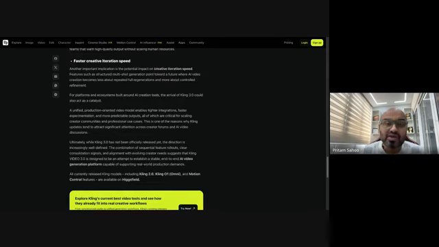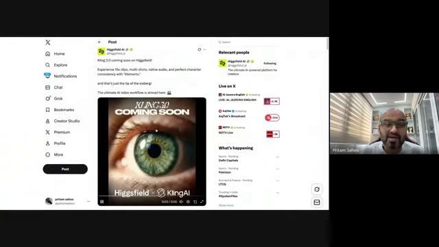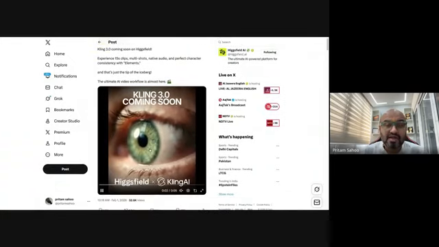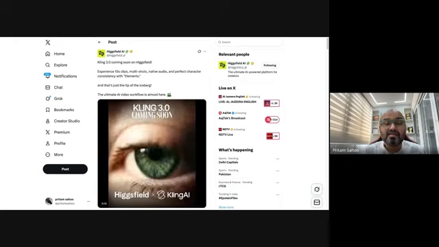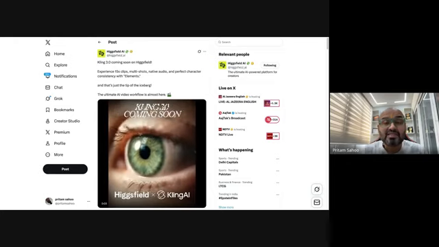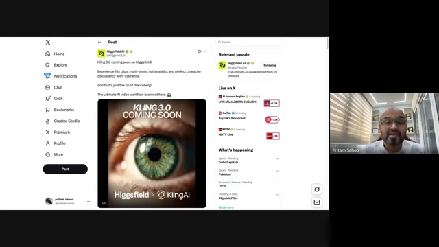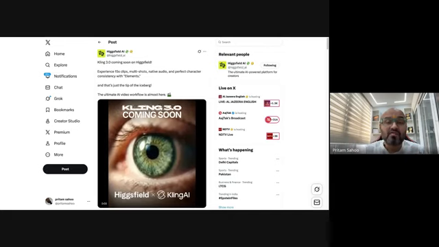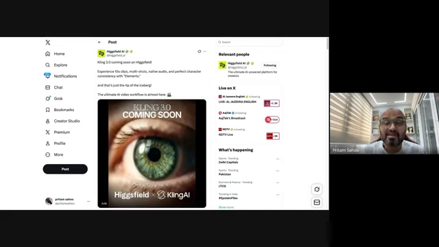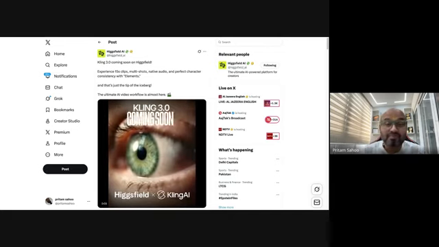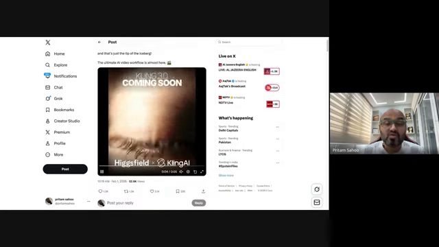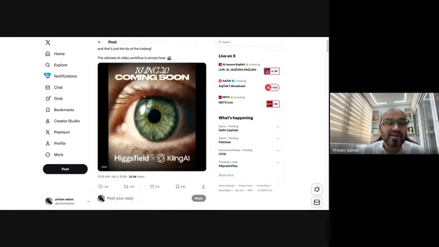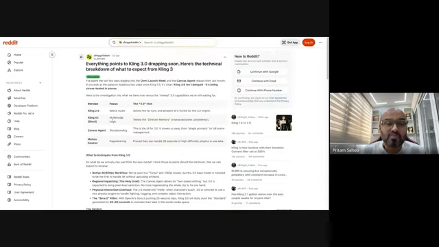Let's hop on to Twitter and see how Twitter is sharing this buzz. You might have seen this from Higgsfield on Twitter, and it says clearly it is coming soon, and this is just the tip of the iceberg. Let's not forget about multi-shot, native audio, and perfect character consistency. These are the basic elements, plus the longer video length, and this is going to throw you out of the chair. And similarly on Reddit, they have also published, right?